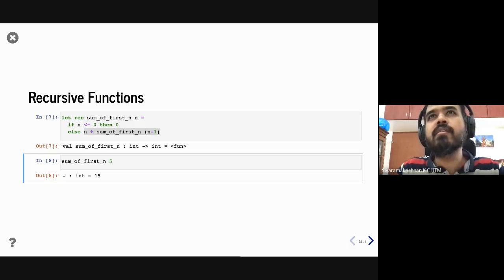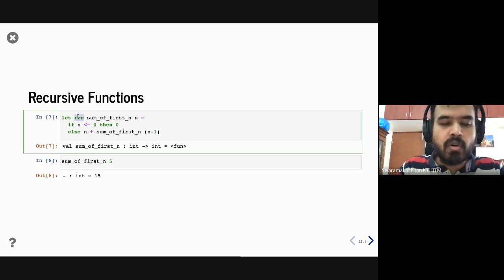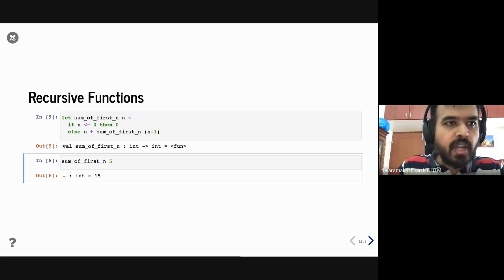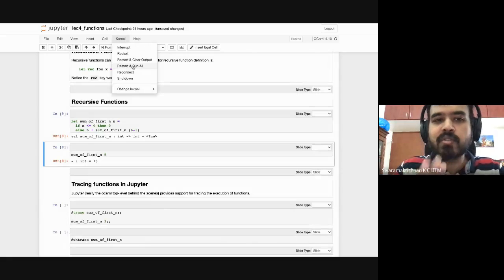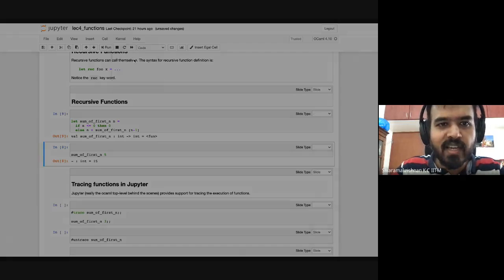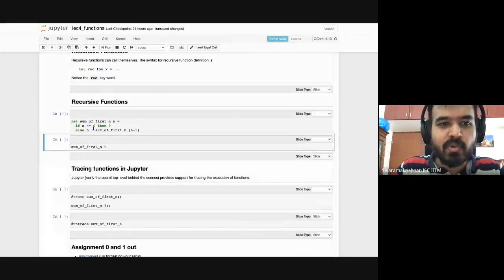There is a question: what if we don't use rec, and write the same thing? What would happen? The reason is that the kernel has a definition in the environment, so forget what I said, but let's start by clearing the output.